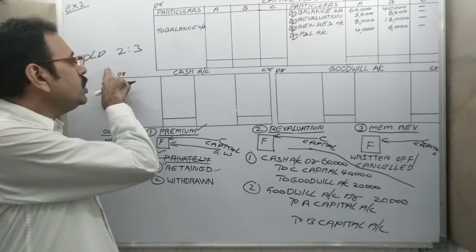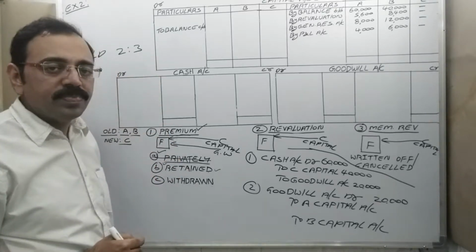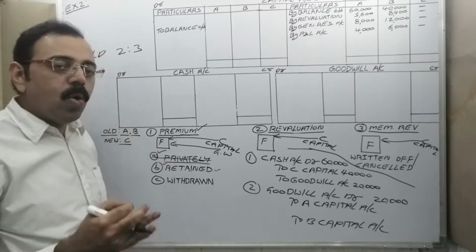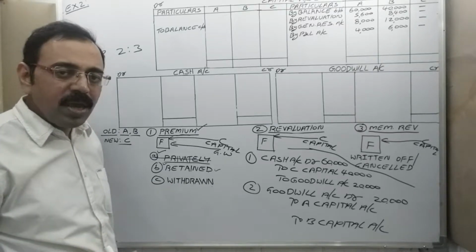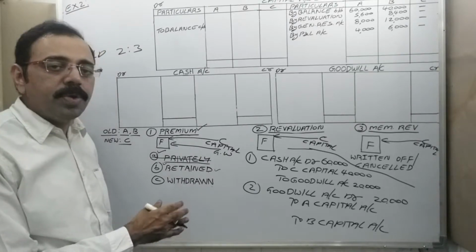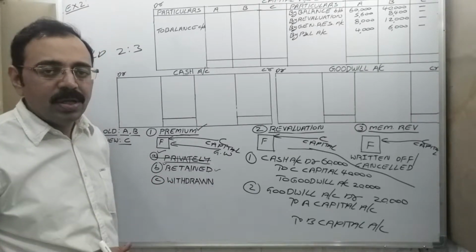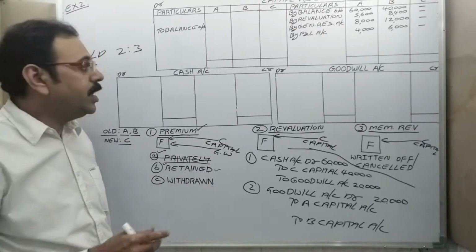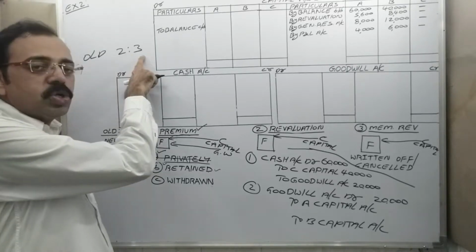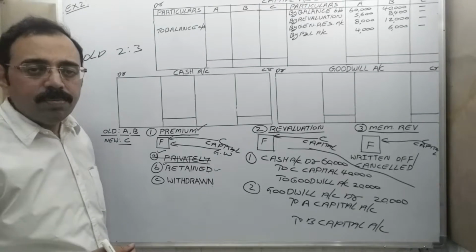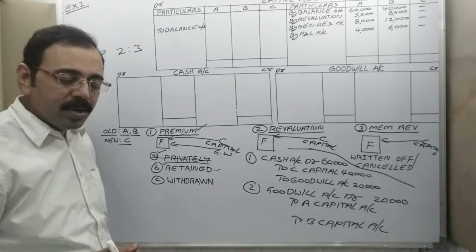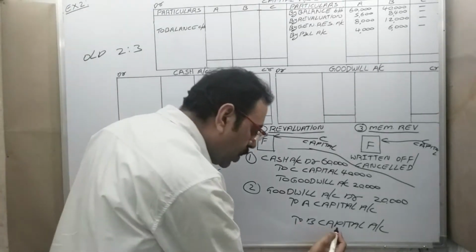If the new ratio is not given in the problem, then our assumption is that old ratio and sacrificing ratio are both the same. Okay? And in the present problem, the new ratio is not given. Therefore, we are assuming that in 2:3 ratio only, old partners are sacrificing their profits to the new partner. Therefore, sacrificing ratio is